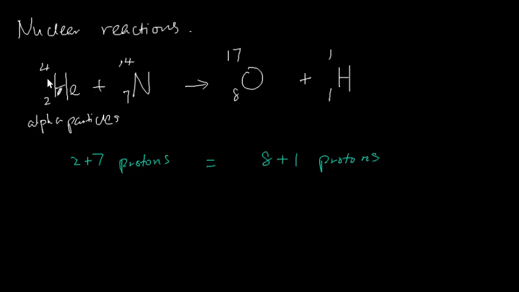And in this case, as it turns out, the mass number also has not changed. So the mass number, which is the total number of protons and neutrons, you'll find 4 plus 14 for this